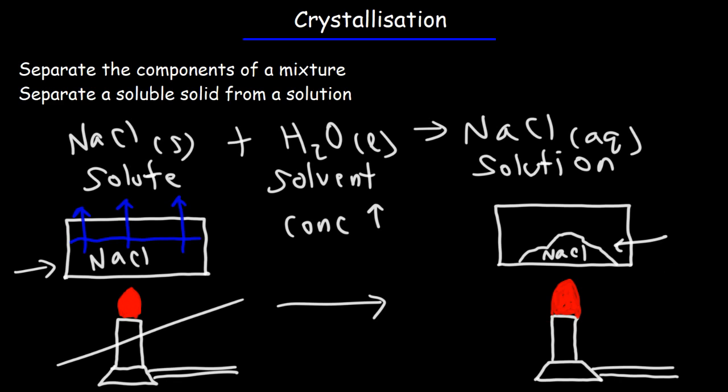Now, to facilitate evaporation, you could place the solution in a drying oven, or you could also use a desiccator. A desiccator is basically a chemical that absorbs water or removes water from the surroundings. And so that can also facilitate evaporation. So that's basically it for this video. So now you understand how two lab techniques work,